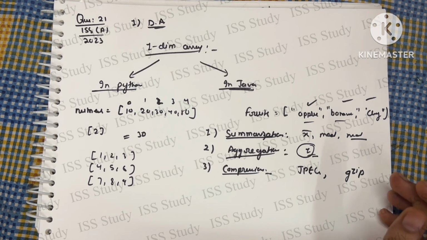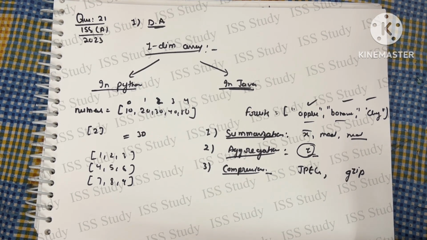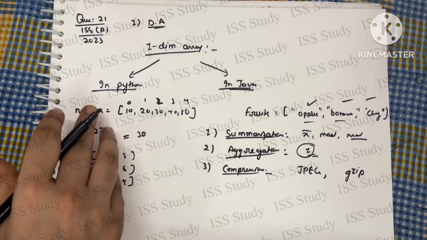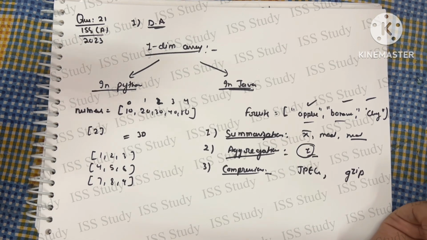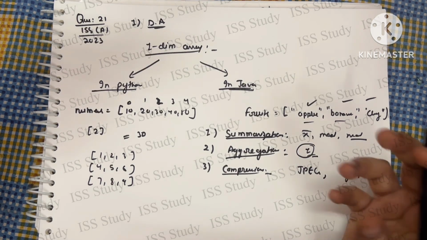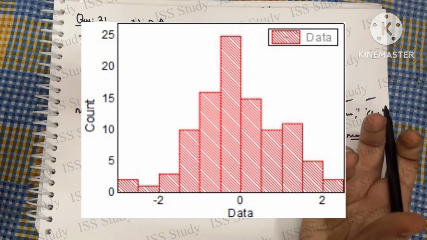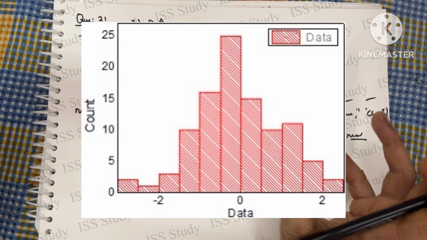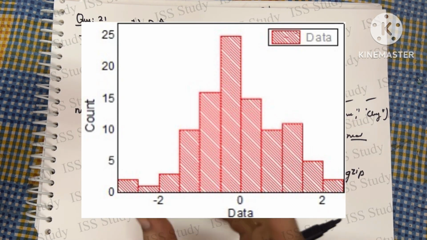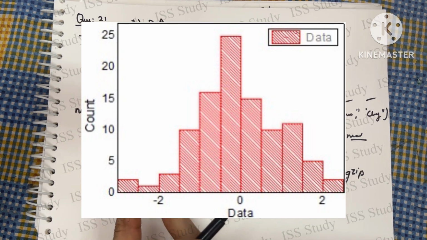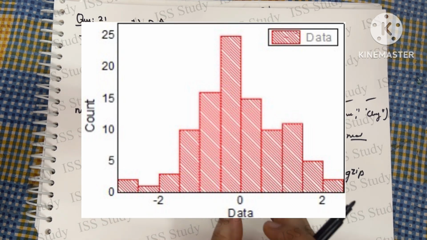Now we have seen that a data array is not representing data condensing, because data condensing generally refers to the reduction of the volume of the data. Now, talking about the frequency distribution and histogram, first I'm taking the histogram. We all have studied the histogram. It is a graphical representation of the distribution of numerical data. It groups data into bins or intervals and displays the frequency of data points within each interval.